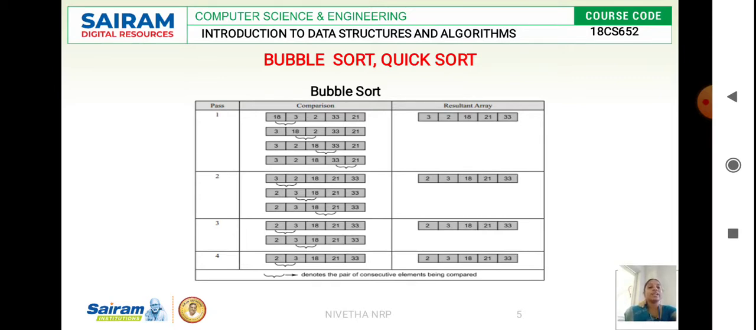Then again we compare the third element with the fourth element. As usual, the third element is less than the fourth element, so we don't disturb it and it remains the same. Again we compare the fourth element with the fifth element, the fourth element is less, so we don't disturb it. So until the end of the elements we got 2 sorted. So at the end of pass 2 we got 2 elements which are sorted